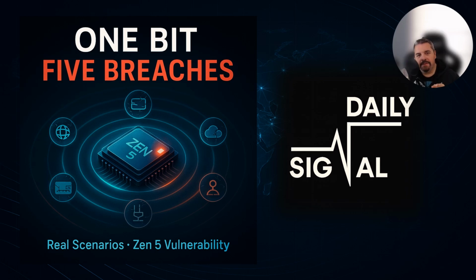In 5 minutes, you will see how a single bit in a CPU can quietly bend trust across the internet, and why this matters to you, not just to engineers in a data center. If you watched yesterday's Daily Signal, you know the headline. AMD Zen 5's RDSEED instruction sometimes returns 0 while claiming success. That's the CVE